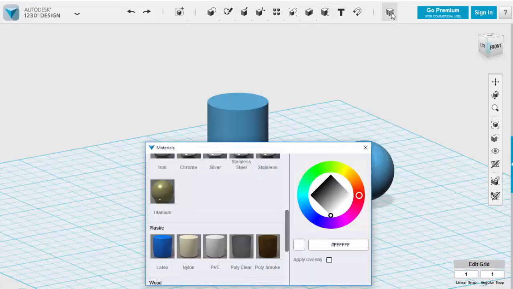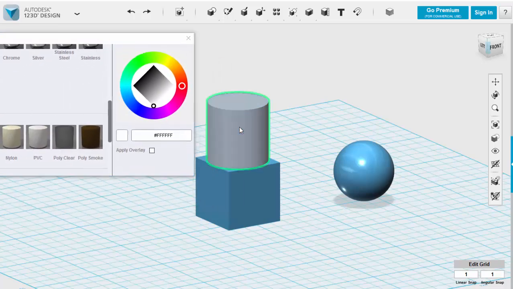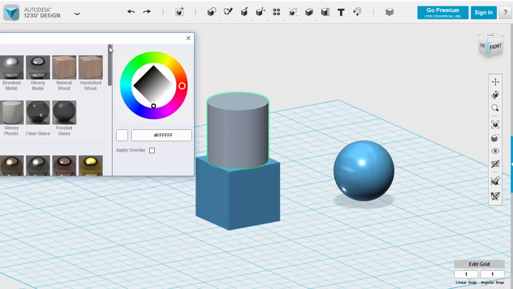Materials, what do materials do? Well, I can make an object look like something else. So if I select an object and then I choose something, say wood, it makes that surface look like that thing. Choose another one. If I want to do something different to that one, I'll make that one into glossy